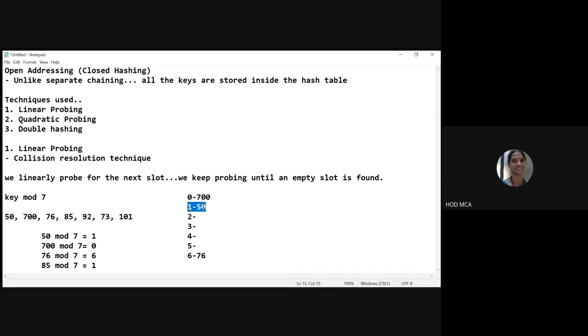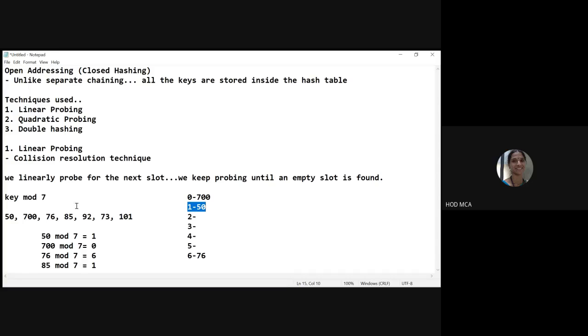In the first slot we have already stored 50, so I cannot store 85 in the first slot. Where can I store this 85? There is a collision for slot 1, so I'll have to store 85 somewhere.